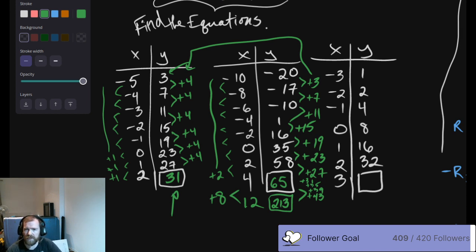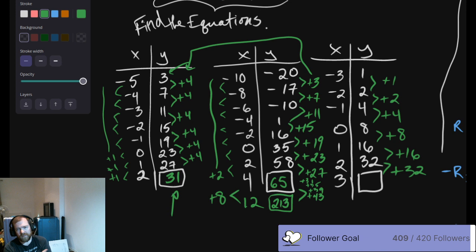And then on this one, I tried to do the same thing. On the left side, all of my delta x's were 1 again, all of our changes in x's. All of our delta y's, our changes in y's, were plus 1, plus 2, plus 4, plus 8, plus 16. So at least I knew that this was going to be plus 32. However, I was also like, wait. Those are just the same numbers as those.